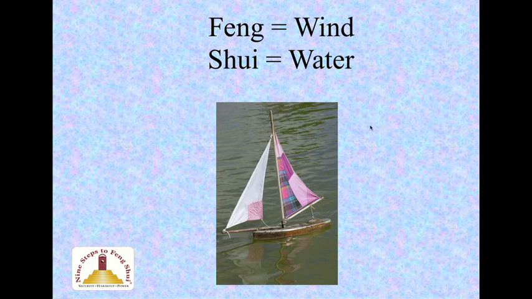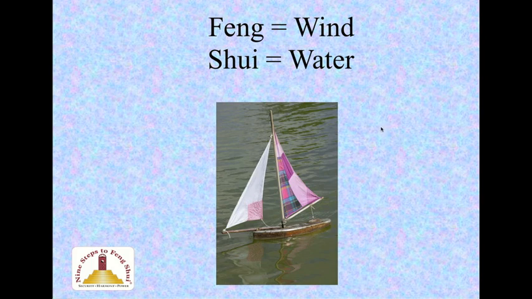Now, if you think about it, wind and water are the forces that shape the world. And if you were in a sailboat, the 2 forces that move you would be the water currents and the wind. In Feng Shui, we believe that Qi, or the life force, is carried by the wind or moves by the wind, or you can also invert it and say that Qi moves the wind, but in any case they go together. So wherever there's wind, there's movement of Qi, and whenever Qi meets water, it stops by the water.